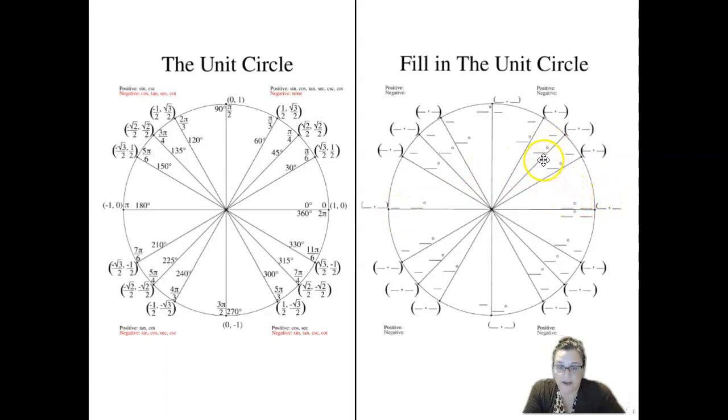It's sort of like learning your addition and multiplication facts when you're in elementary school. The better you know them, the faster your recall, the easier it is to solve problems as math gets a little bit more complex. That's what the unit circle is to us in trigonometry and calculus. It's the basic facts that we need to know and have really quick recall on in order to move forward